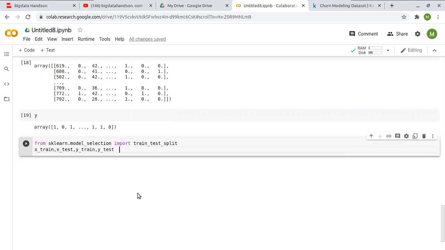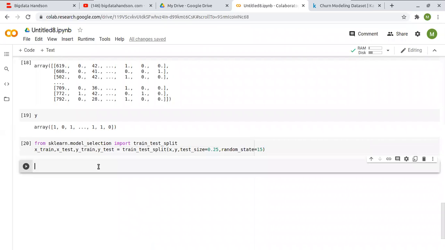Then you call the function and pass the data X and y, and we'll give the test size, let's say 0.25. This is what we usually use. And then I will give the random state initially as 0, or we can have some value like 15. Okay, now we'll run this cell. We got the training and testing datasets.